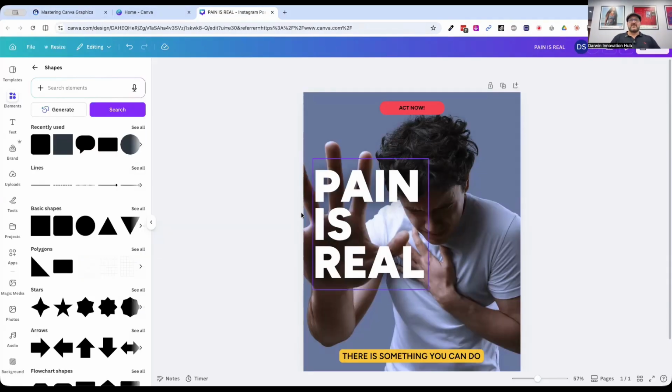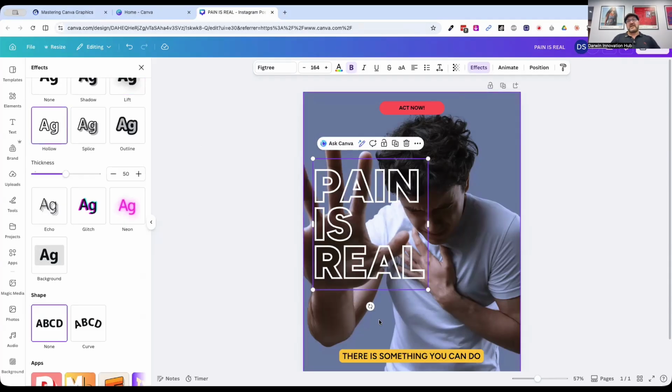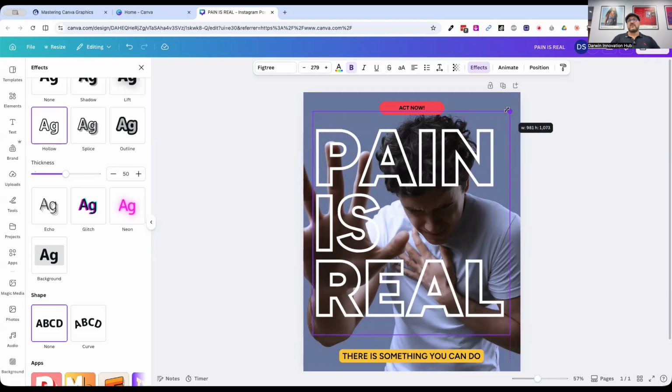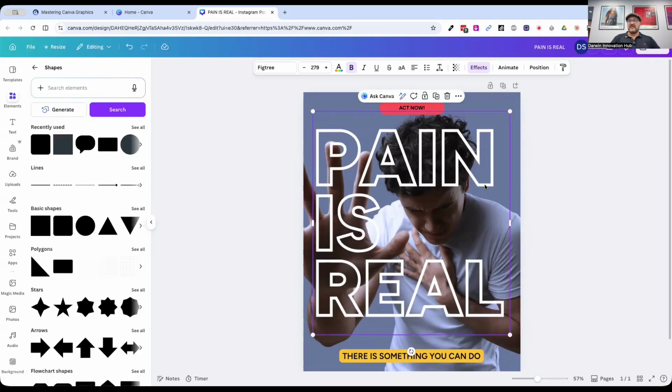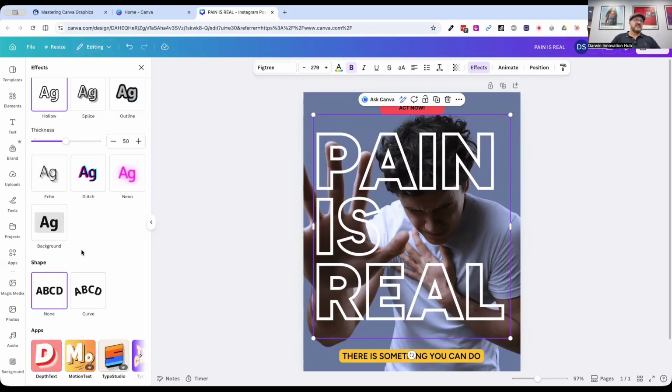Another way, actually, this is a really interesting one. We can change that effect into the outline, the hollow. So that could also make it stand out a bit. It gives it just enough contrast to be able to work, so you can still kind of read it. But then when you pair that with something else, you can't pair these multiples here. You can only have one or the other, but you can use some of the apps that are down the bottom here, which mostly will have some kind of